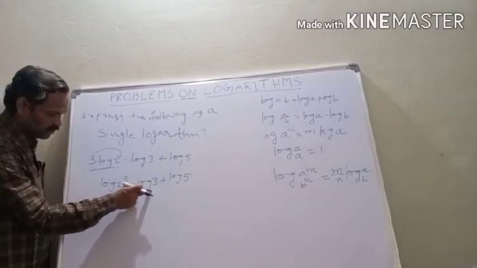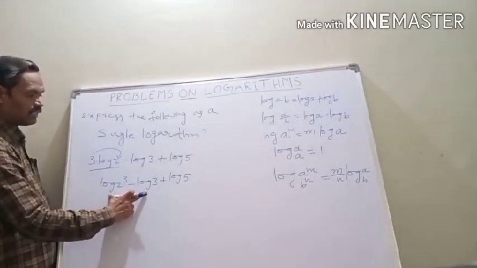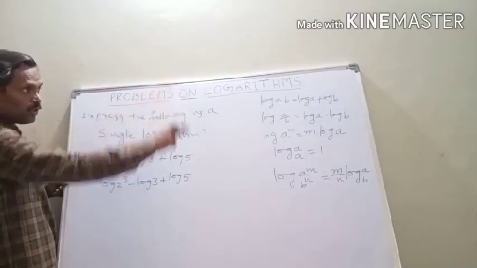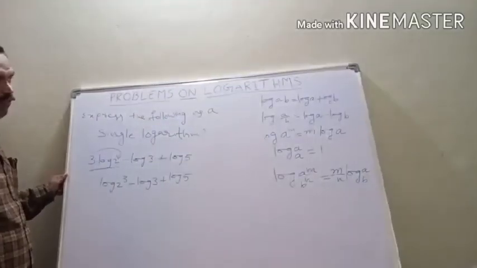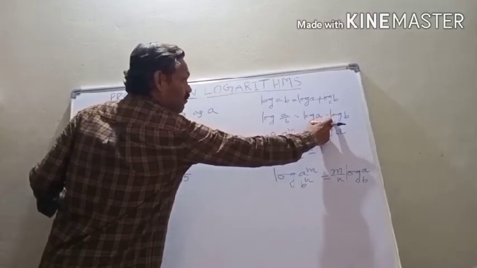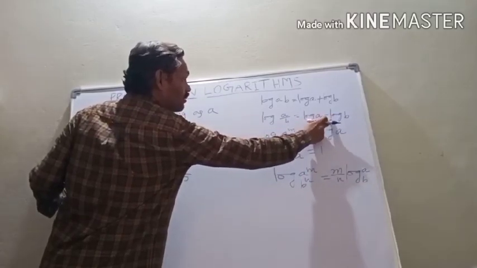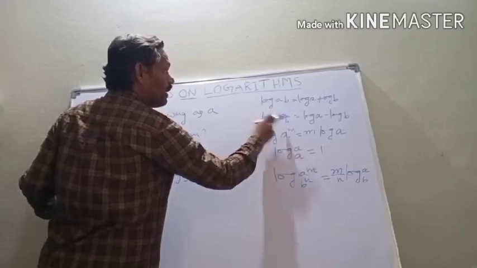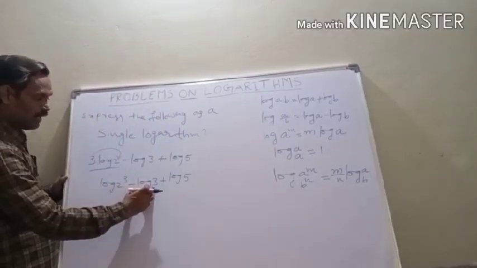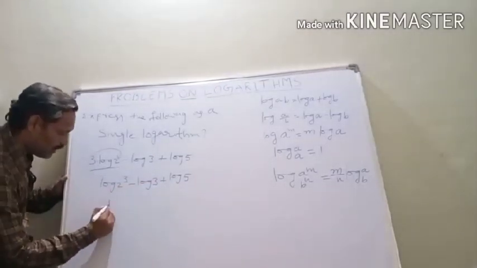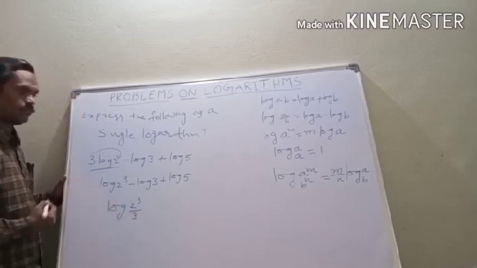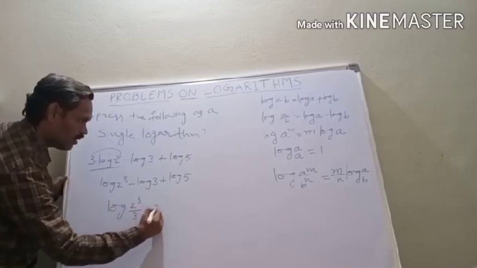So if you observe the first 2 logs, it can be written as difference of 2 logs. If you go through the formula where you can find the difference of logs, in the second one, this is the form of difference of logs. If you have difference of logs, the form should be log a by b. By using that formula, you can take this as log a, and this as log b. It is nothing but log a by b. That is log 2 cube by 3 plus log 5.